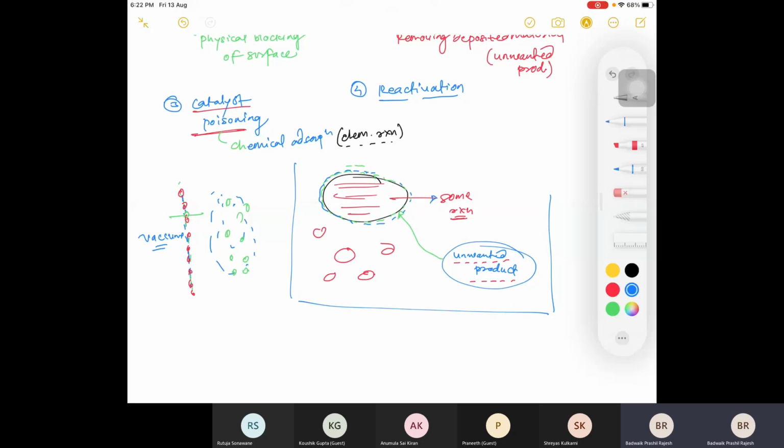Now I am talking about reactivation. There are some cases where you can do some modification and do the back reaction, right? Because there are two types of reaction. One is reversible and second is irreversible. Suppose there is a reversible reaction, and you are reactivating that catalyst, that is called reactivation. So what can I say here? You just write activation in reversible process.